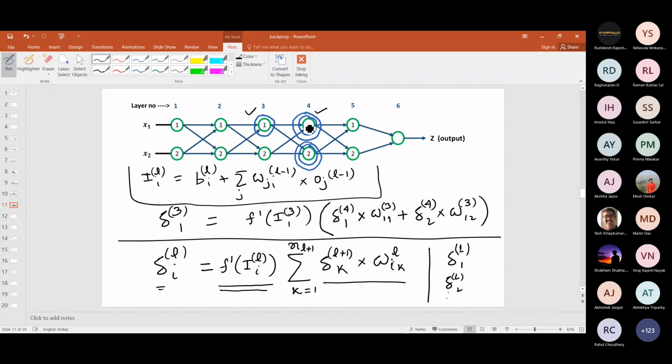So I suggest that you take a small network and just do it yourself, okay? Because this is the key to everything. This is the only way you can train any deep neural network. There is no other better or well-known way than this one. So I want you to understand this a little better. If you understand this, then you get to know why a particular network may be difficult to train, why a particular network requires a special kind of activation function, why sigmoid is not good, why ReLU is good, and all these kinds of stuff you can understand once you understand this.